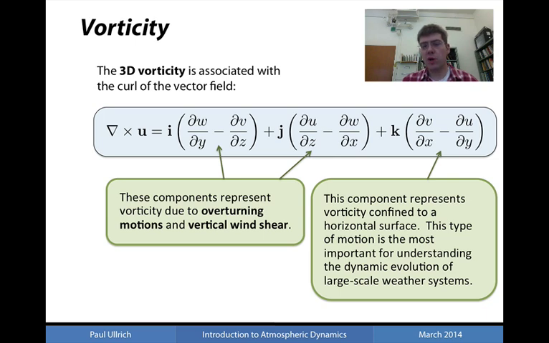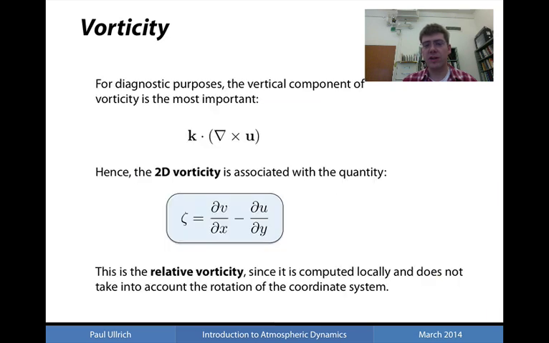This is the type of motion that we're going to be primarily interested in because this is the type of vorticity associated with cyclonic systems, for instance, and the dynamic evolution of large-scale weather systems in the mid-latitudes. So the focus will then be on this third or vertical term of the 3D vorticity vector. For diagnostic purposes, the vertical component is going to be the most important, and hence we define a 2D